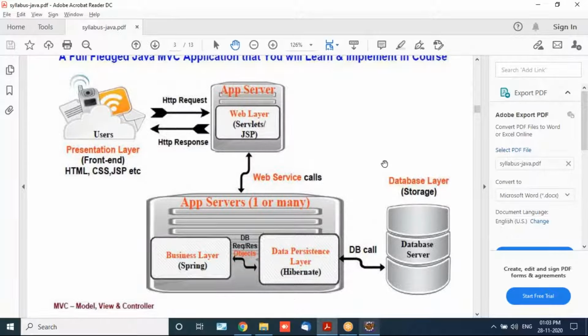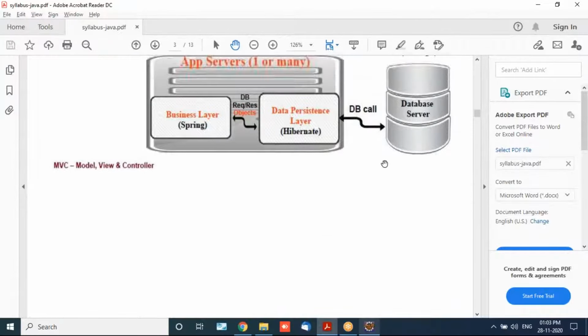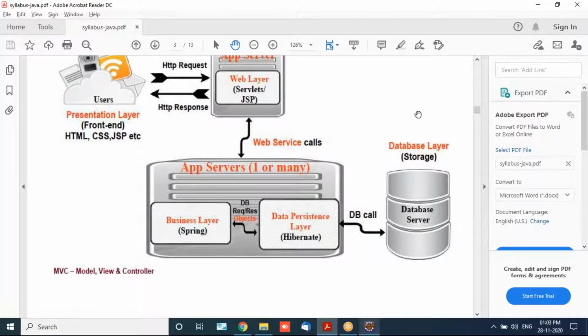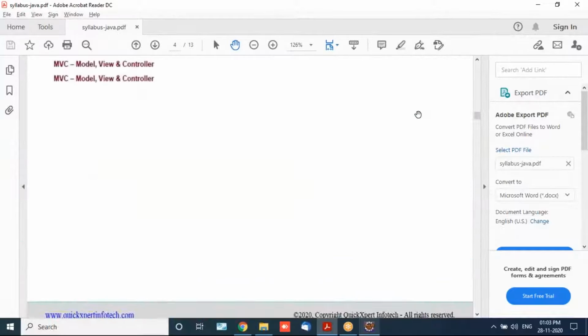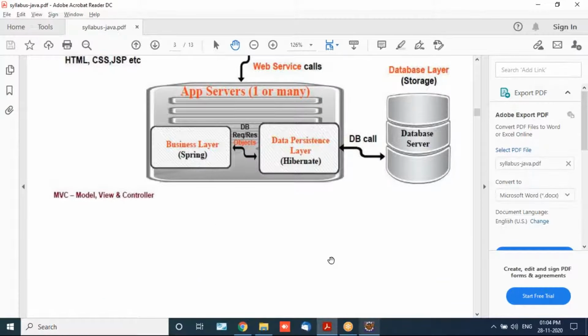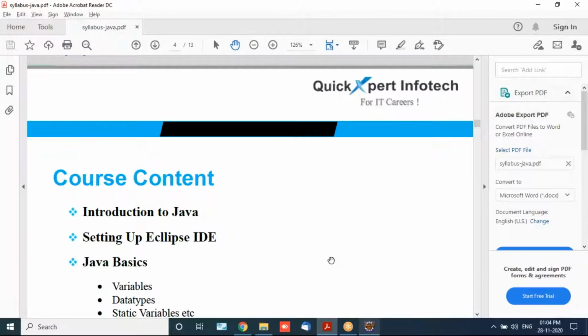Fine. So to implement this sort of project, you have to learn all the layers: front end, core Java, advanced Java, Spring, Hibernate. This server is the Apache Tomcat server, and the database will be your MySQL. It is called the model view controller, MVC architecture. So how to design this model? The model is the database, you're working with the database. We will learn how to design the model. View is your front end and controller is the main logic.